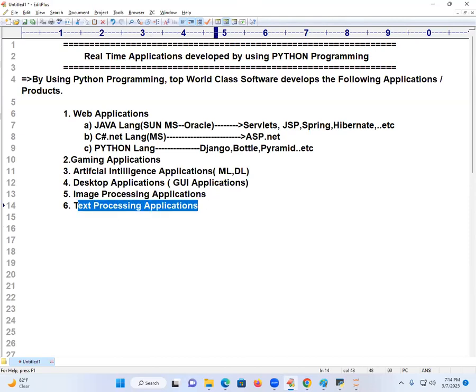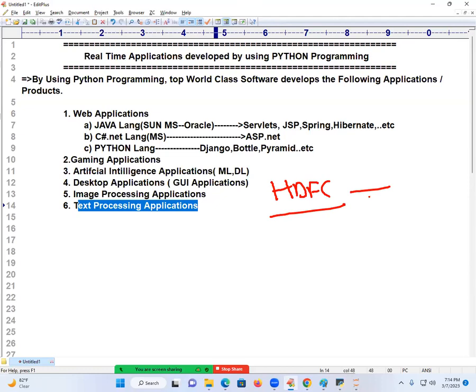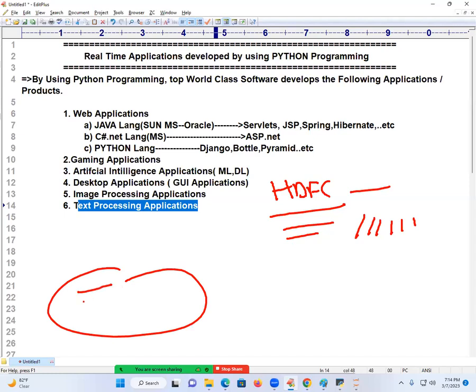Very easy. Suppose, one example I am giving, HDFC. When you go to it, after keeping your card, one voice will come, correct? Please enter your PIN number or choose the option. After getting some cash, withdrawal is successful. Please take the cash. Please collect your card. Some messages will come or not. That means originally some sentences they are writing.